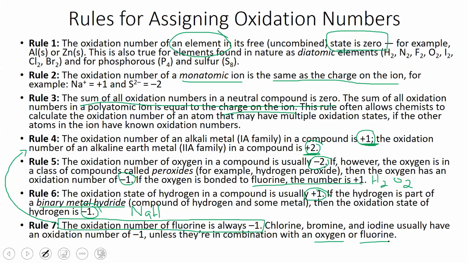No, so with things like carbon and boron and a number of those elements, sulfur, phosphorus, nitrogen, they're going to have oxidation numbers that vary because these 7 rules that are on here are going to supersede those. And generally, we're going to deal just with compounds that have hydrogen, oxygen, fluorine, metal ions as part of the compound. So these rules will get us through most of the chemical compounds that we work with. That being said, when we start to look at the electronegativities later on, you'll be able to, just based on the electronegativity value, which we have an electronegativity table in our equation sheet, be able to